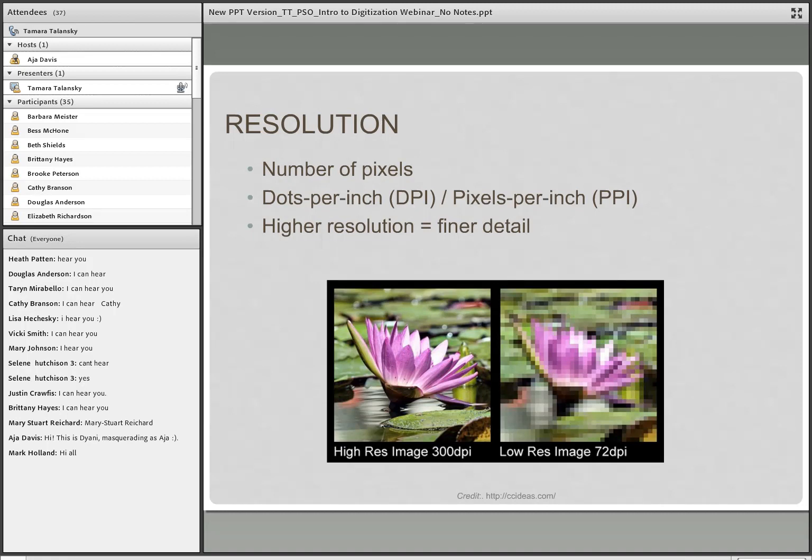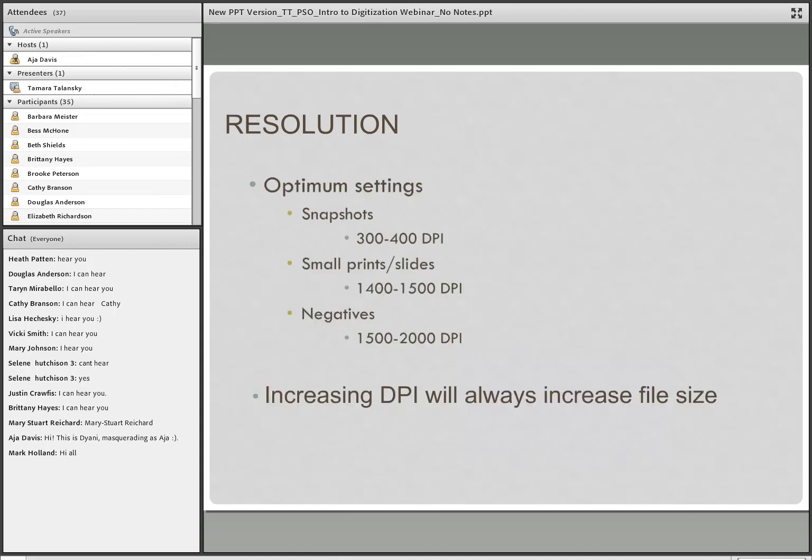The more pixels or dots you have in a 1-inch square space, the more detail an image can hold. So increasing the number of pixels used to capture an image will result in a higher resolution and a capture of finer detail. But just FYI, more DPI is not always better, as you can only scan so much detail at one time. Beyond that limited amount of detail, more DPI cannot actually add anything of value, but it will just make your file sizes enormous for no reason. So there are optimum settings for different photo sizes and types.